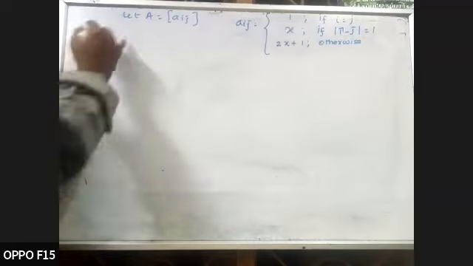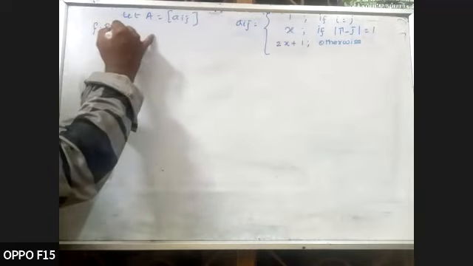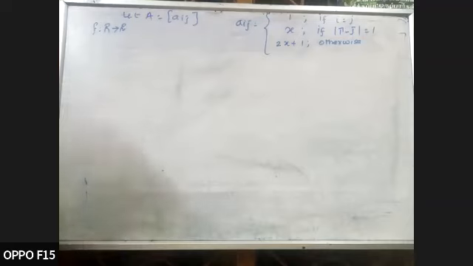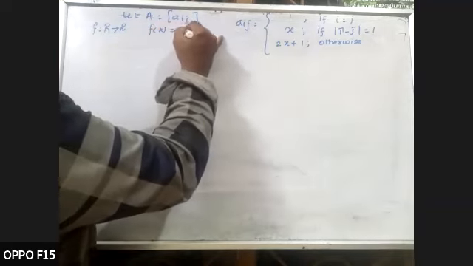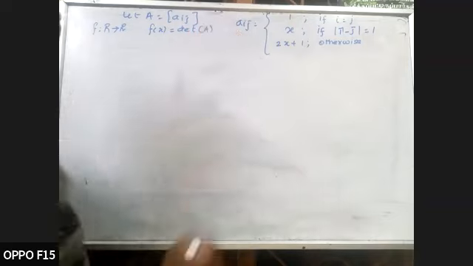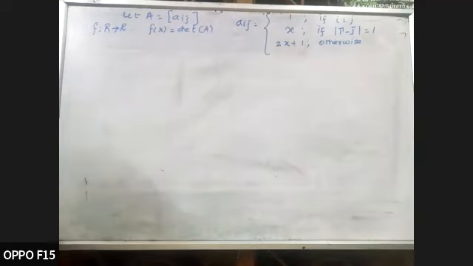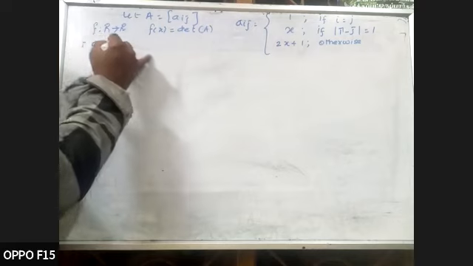Let a function f mapping R to R, real to real, be defined as f of x is equal to the determinant of A. Then the sum of maximum and minimum values of f on R is,